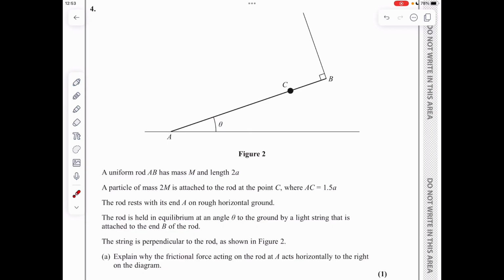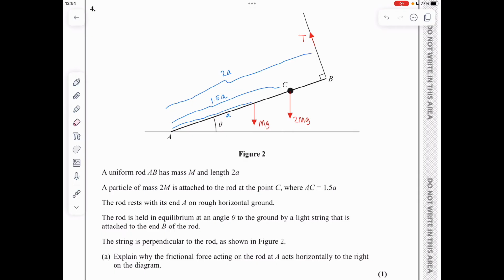Before answering this particular question, I would like to add all of the forces acting here. We start with the weight. It has a mass of M, so it's a weight of Mg at a distance of a. This is because the rod AB is uniform with a total length of 2a, so the center of mass is halfway through at a distance of a meters from point capital A. We also have got the particle of weight 2mg at the distance of 1.5a from point A. We've got the tension in the string, and the tension is acting at a distance of 2a, the full length